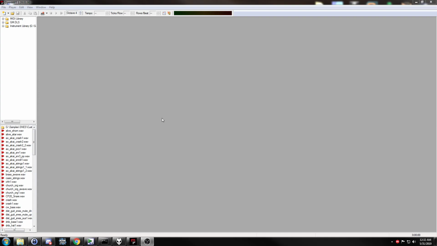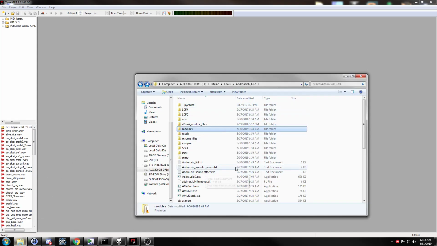Essentially, what you're going to need, for starters, is AddMusicK, the latest version, vanilla. Don't get any other versions or any other kind of modified versions that might come with extra features because they won't work. Just get 1.0.6, the original vanilla, download it, extract it somewhere. I already have it here,